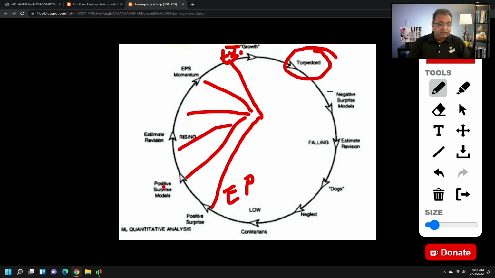So if you want to be a successful trader using earnings as your strategy, you have to try and understand this Cinderella strategy. Many years ago, I wrote an article about this on my public blog. You can read about it, the Cinderella strategy and earning season, and it explains in much more detail this entire thing with the earnings expectation cycle. So 12 to 3, what happens, 3 to 6, what happens, 6 to 9, what happens, 9 to 12. This is primarily where the IBD focuses.